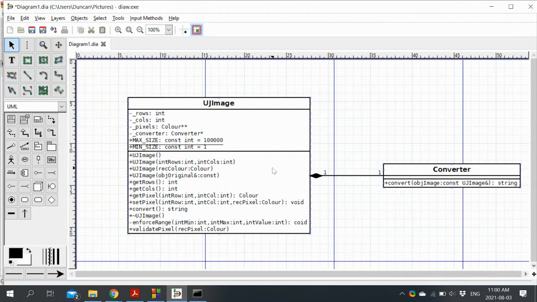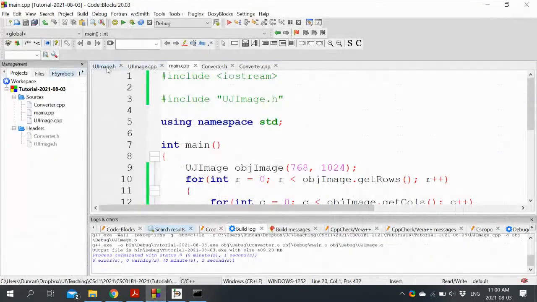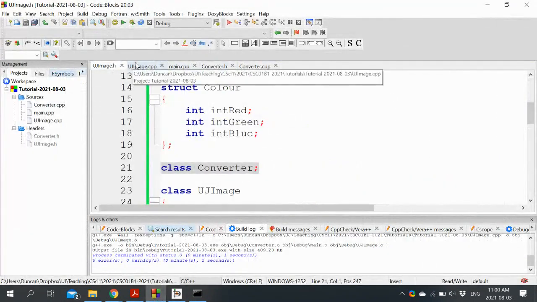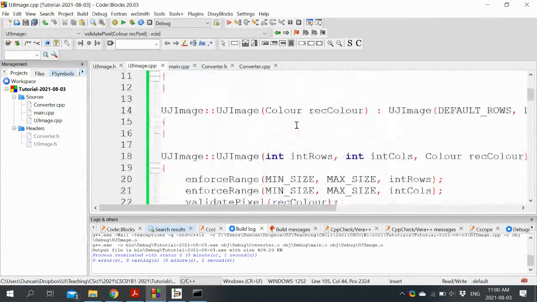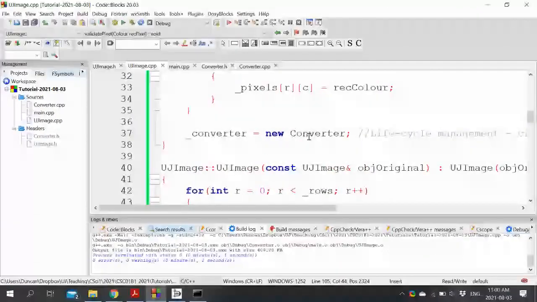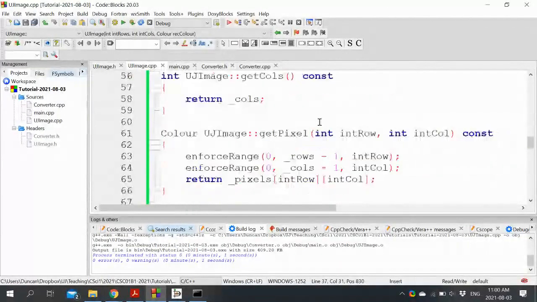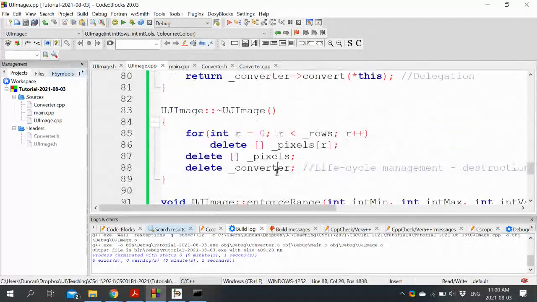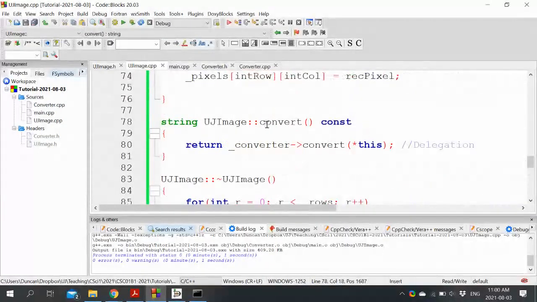So inside the constructors, we allocate it. Well, actually, we redirected everything to one constructor that will definitely allocate it. Inside the destructor, we deallocate it. And then when we call the delegated function, the function that it's going to do work for the UJ image, we then send that work along to the converter.